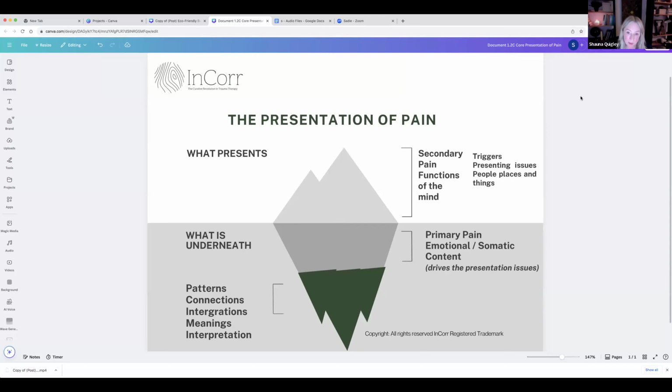Sometimes you will get clients who are presenting with primary pain in the now because the primary pain has birthed and they are in the fullness of that primary pain in this moment, in this now, even though they do not understand it. But hopefully you will be able to understand that because you see the differentiation. And that's our first assessment, the differentiation between primary and secondary. You have no idea how much this saves clients or saves therapists.